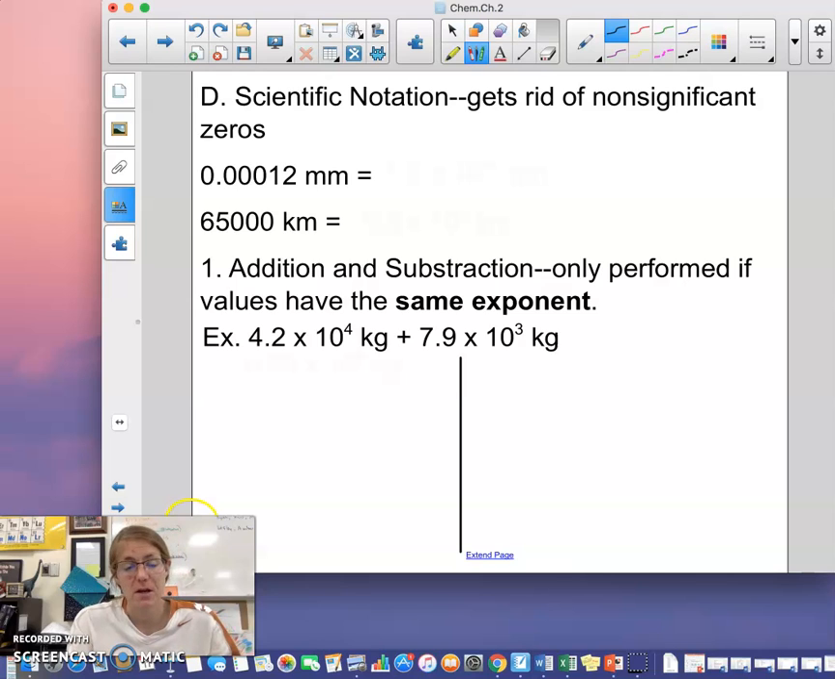Welcome back, chemistry. We're finishing chapter 2 today and ending with scientific notation. Basically, the purpose of scientific notation is to get rid of those non-significant zeros. If I take a look at my first example,